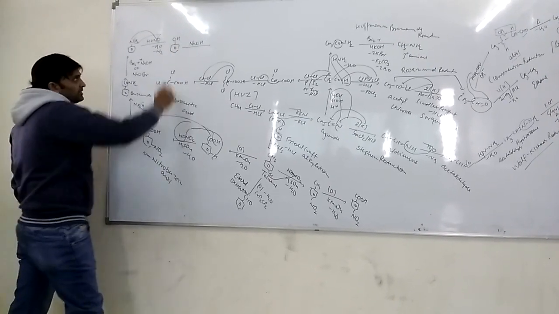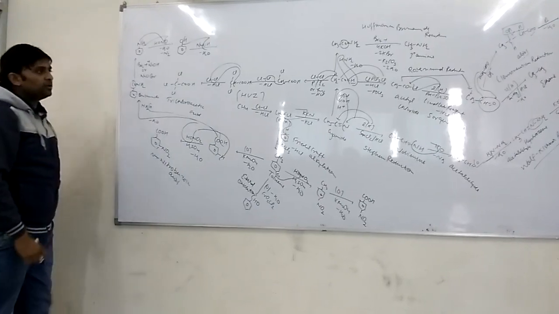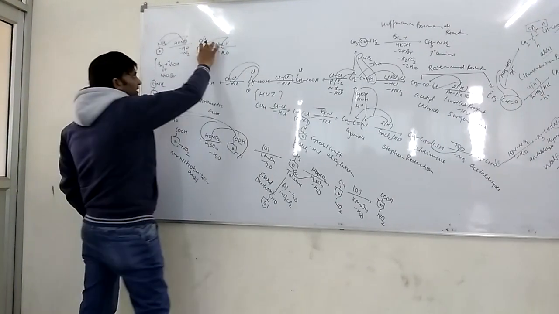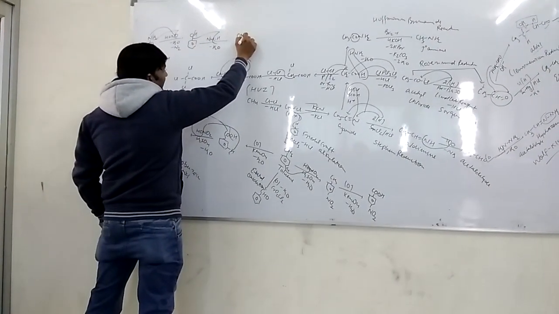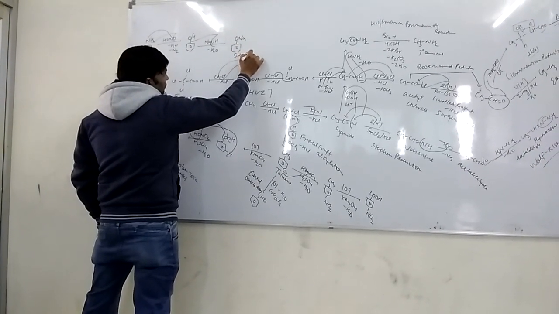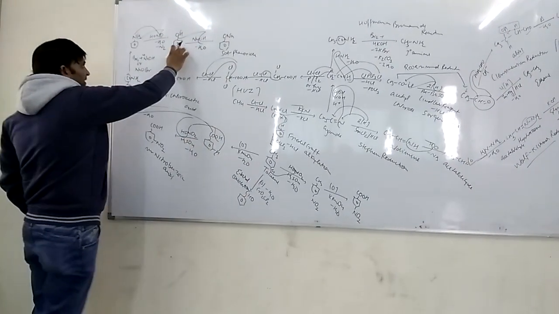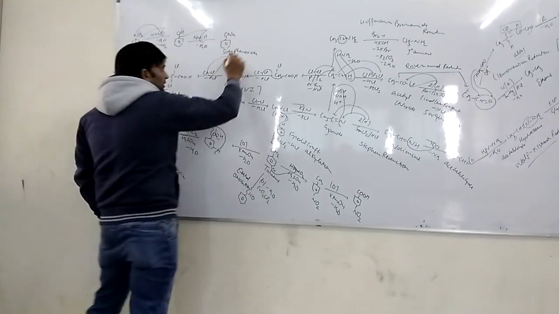If I say this phenol is treated with NaOH, phenol is acidic in nature and NaOH is basic in nature, then H combined with OH releases a molecule of water and this H is replaced by Na, and you will get ONa. This compound is called sodium phenoxide. Acid reacts with base and forms the salt sodium phenoxide.